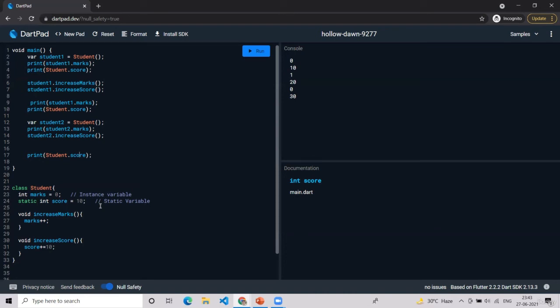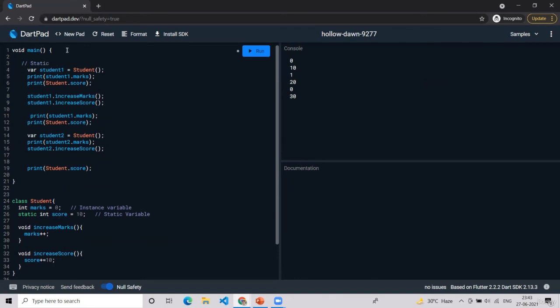In that case we use the static keyword. I hope you have understood that the difference is that an instance variable consumes more memory, because with every object it is initialized from the beginning, but the static value will just be continued, the same value will be continued. Now you have understood